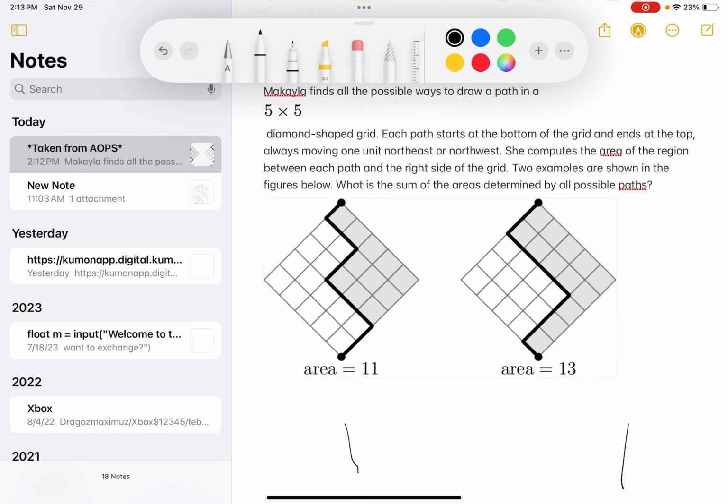So when it says, what is the sum of the areas determined by all possible paths, you don't want to count all of them because that will take too long and the AMC 8 is meant for speed. So for this problem you have to use a very important concept, which is symmetry. If you were to look at the picture,